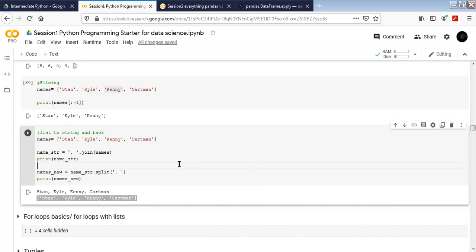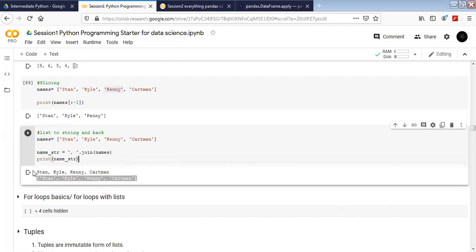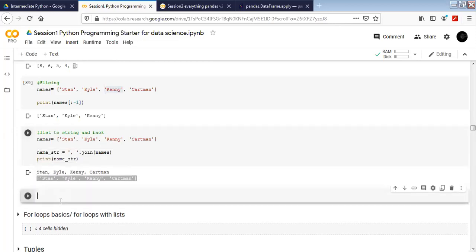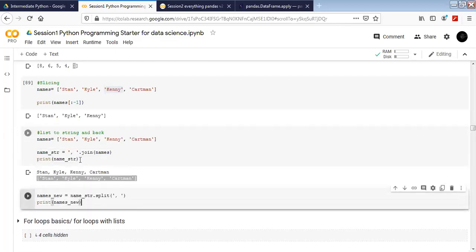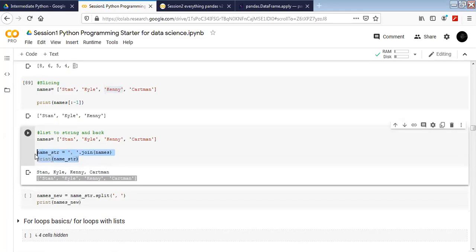Okay, so let's break it down. This is a single part, that's why it might be confusing. Let's break it down into two pieces. Let's focus on this part only. What I'm doing is assigning it to a variable named string. I want to create a string using all these elements, joining them together. For example, I have just an empty string here. I can use dot join here and then names, which is a list.